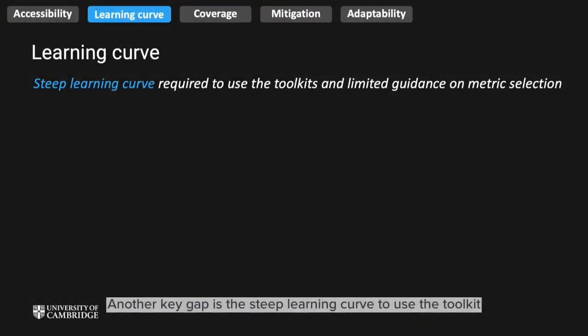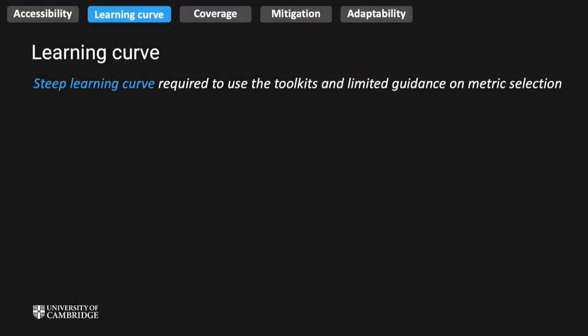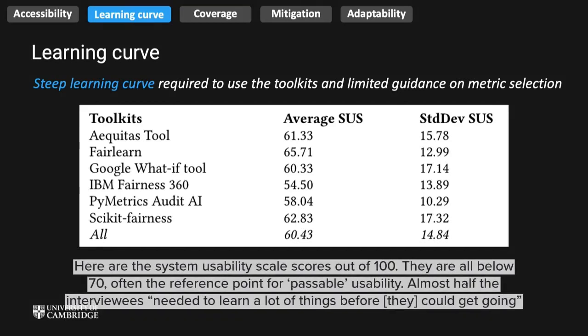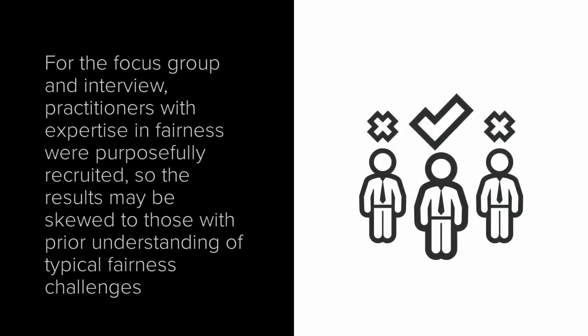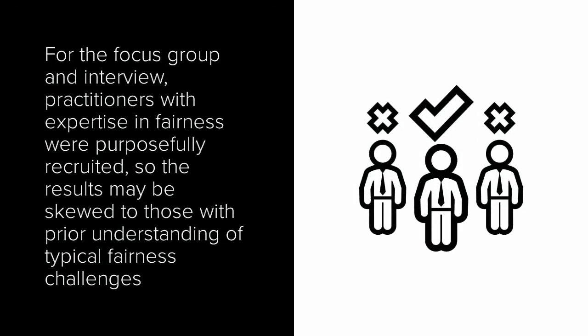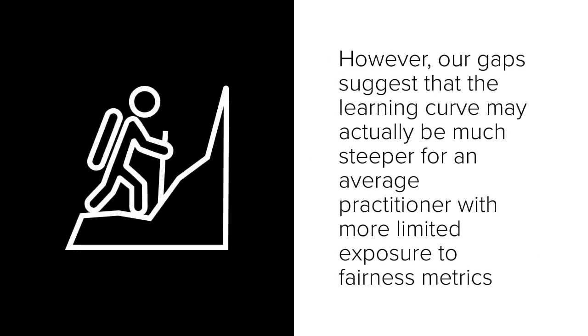Another key gap is the steep learning curve to use the toolkit. Here are the system usability scale scores out of 100. They are all below 70, which is often the reference point for passable usability. Almost half of the interviewees needed to learn a lot of things before they could get going. For the focus group and the interview, practitioners with expertise in fairness were purposefully recruited, so the results may be skewed to those with prior understanding of typical fairness challenges. However, our gaps suggest that the learning curve may actually be much steeper for an average practitioner with more limited